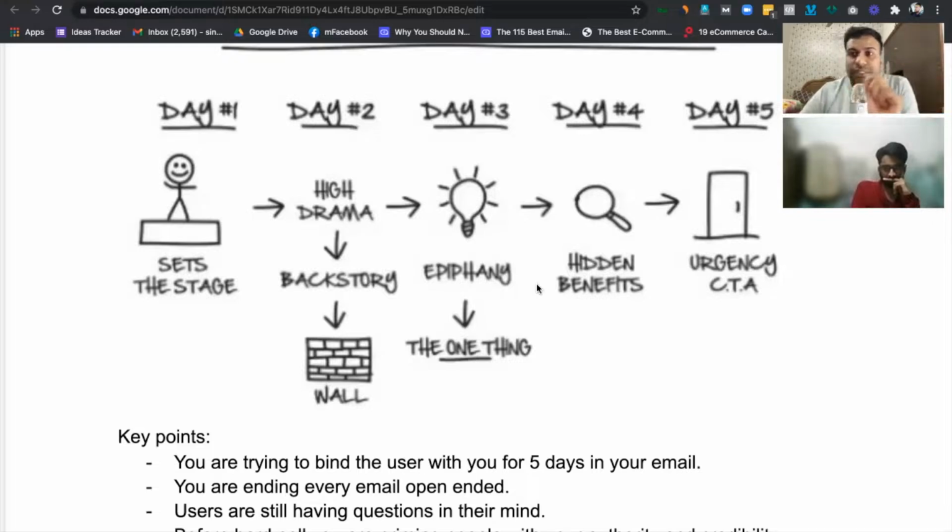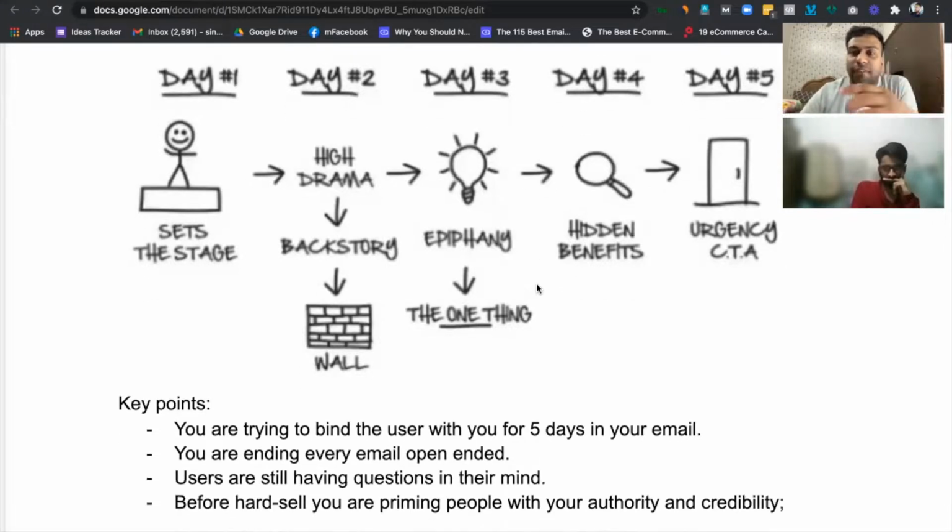So you are just describing your thing again. Then hidden benefits of Facebook advertising. Then you just explain it more. I can work from anywhere, I can work anytime. And if I want to start work in Australia tomorrow, I can just go to Australia and start my day over there. That's it. Nothing is going to change. I'll still be making the same money that I'm making today here. I can live with my family, I can spend my time with my parents. So these are the hidden benefits.